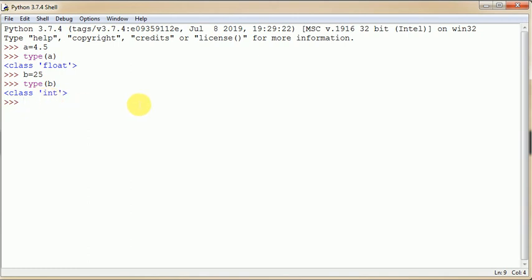I am taking c is equal to Raj, type c, that's a str, a string value. So with the help of this type function, we can identify the data type of a variable.